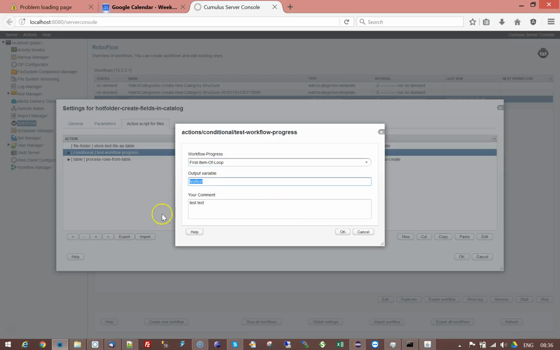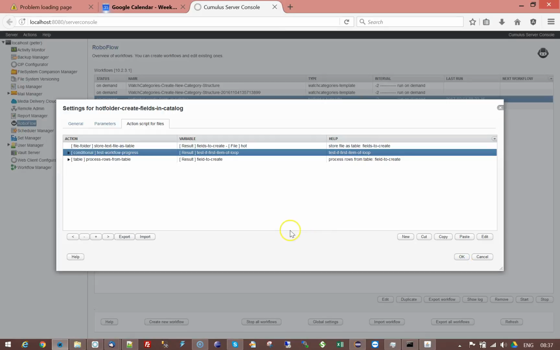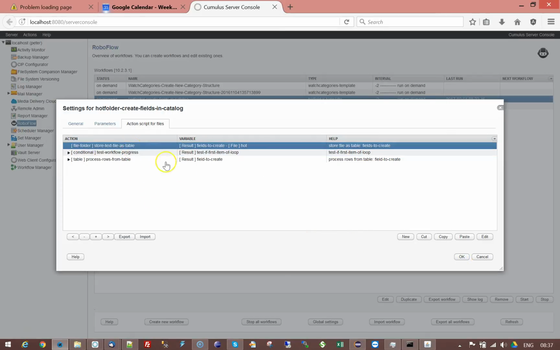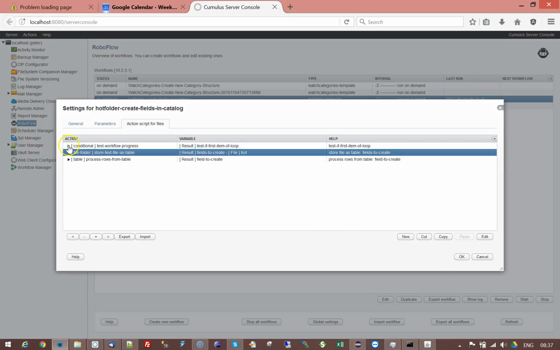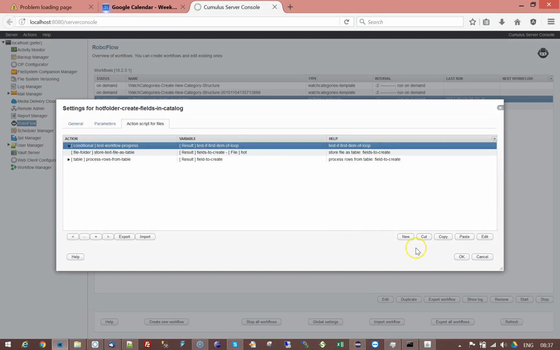And then I can say, okay, test if first item of loop. And I want it on the first line, so let's copy paste here, like that. And then in here, I can say new,